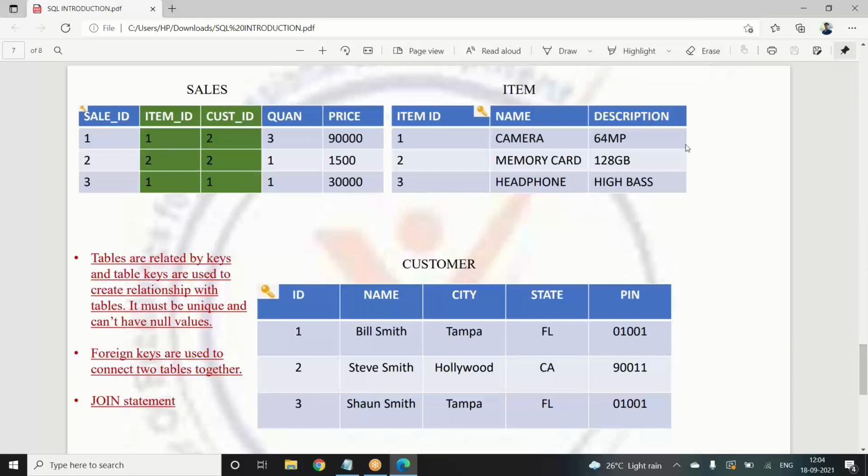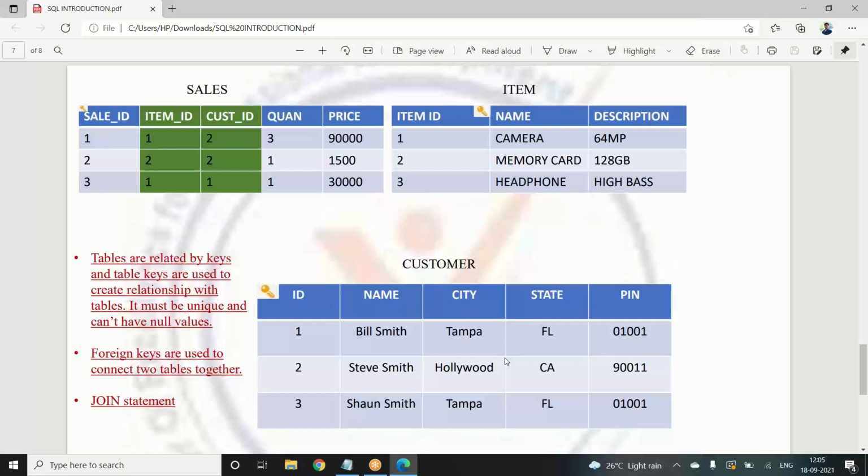Yes, so as we are connecting, right now in the sales ID we have the unique number, right? 1, 2, 3 are going on. So it is considered as the serial number of that particular table. So whatever things we are inserting here, it will go on, it will not stop. So when we click on item ID, we are not creating a table, we are just directly attaching the item ID here. So we are connecting this item ID directly here. Okay. Got it. Yeah, we are connecting the item ID from here and the customer ID from here. So if we put in some kind of number, it will refer to that particular table and it will come out with the solution. Okay.